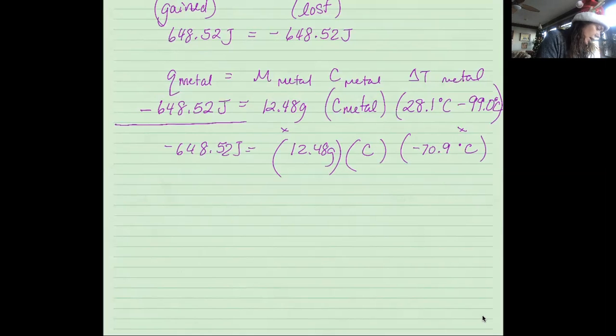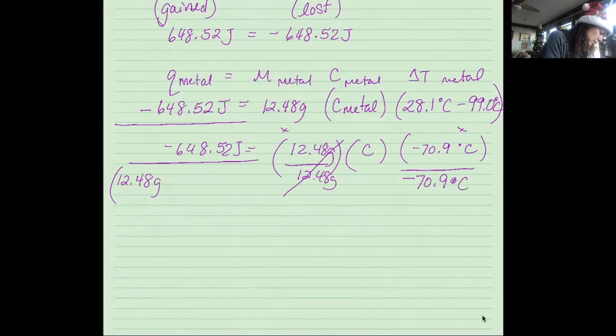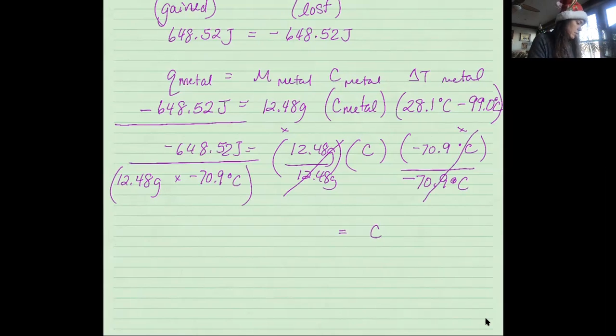Now I'm going to divide this by 12.48 grams, because that will cancel that, and negative 70.9 degrees Celsius, and that'll cancel that. I'm left with C equals